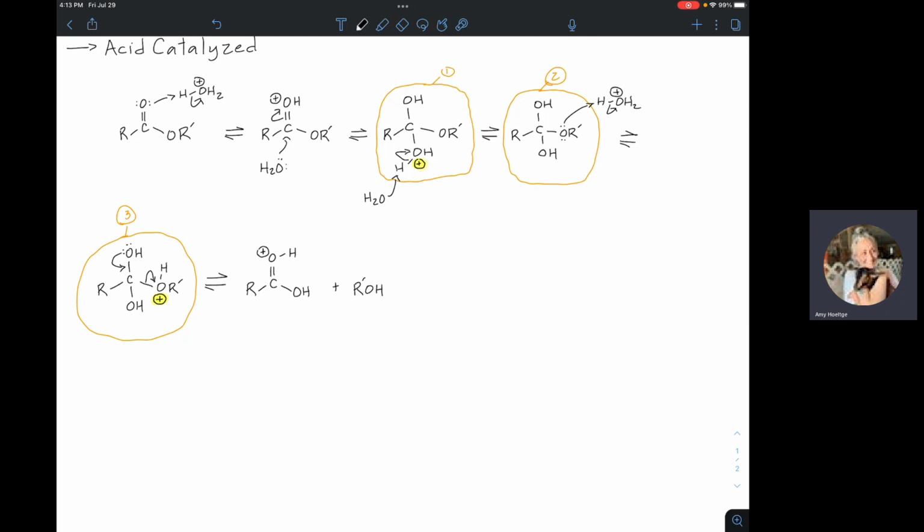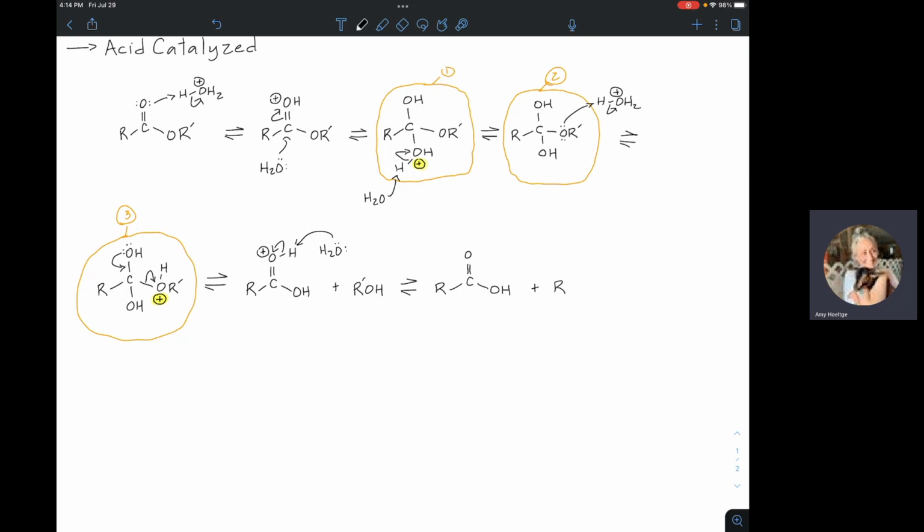Water can come in, grab that hydrogen. Notice how we're regenerating our acid catalyst. And the product of this reaction is going to be a carboxylic acid